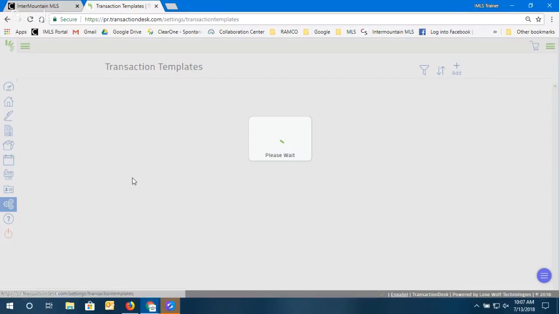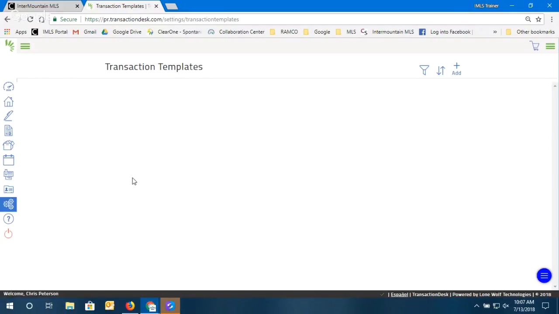So you want to click transaction templates. Now, if you have transaction templates already here that you didn't create, it could mean your broker created them for your office, because brokers can create them, the whole office can see them. To create one yourself, you just click on add up on the right, and Instanet, you're going to see